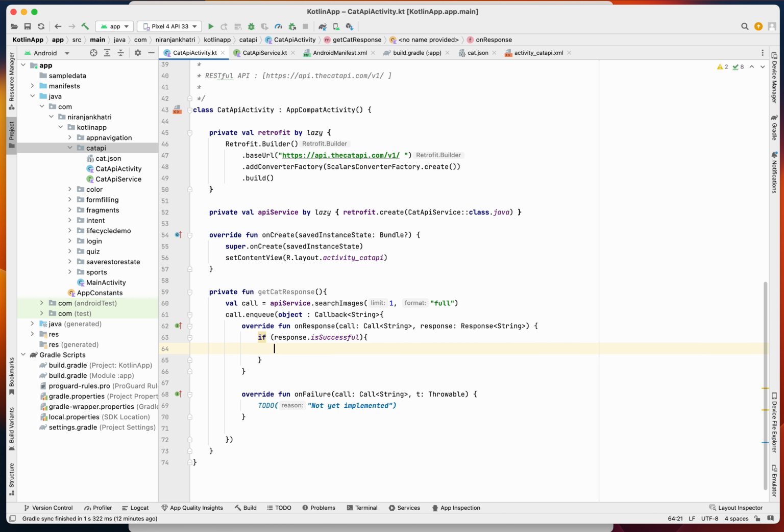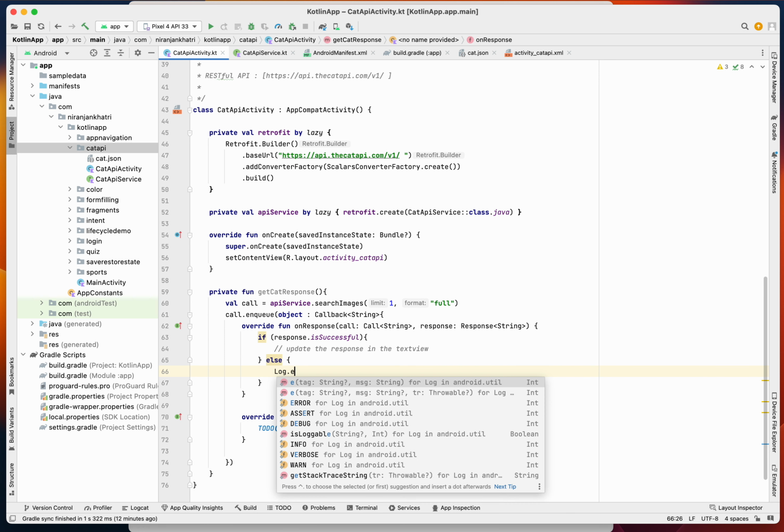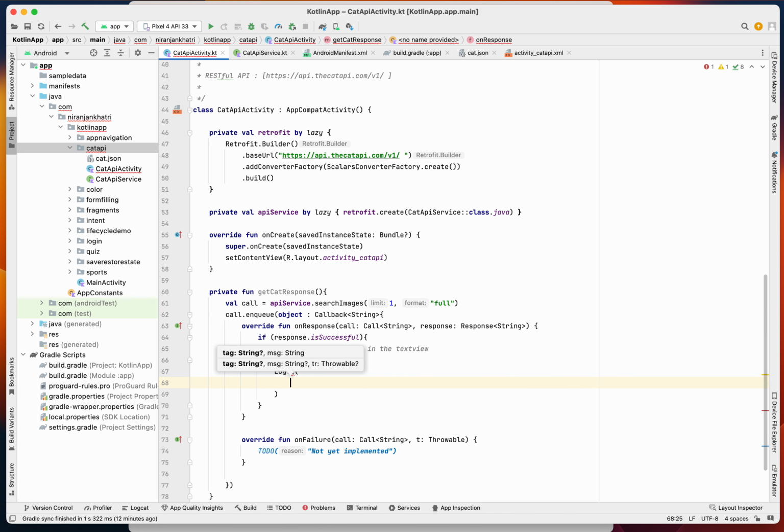Okay, so what if it is successful? Do we have to update the response in the text view, right? So we have to do that. If it is not successful, then we have to log out the error saying